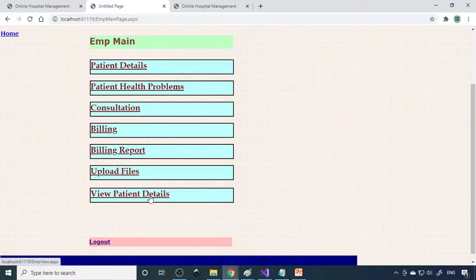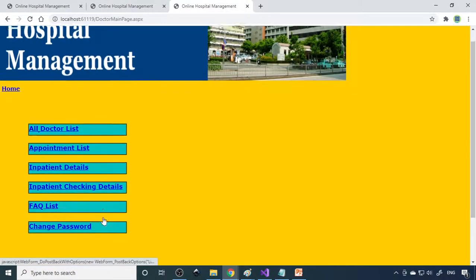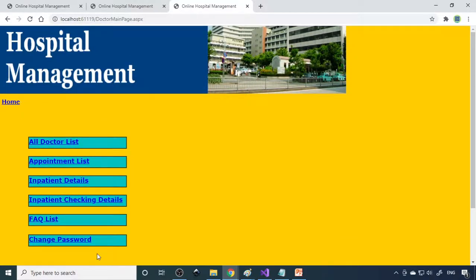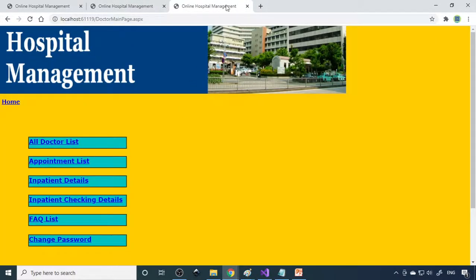So probably you have to provide one more option, view patient details, in the doctor section actually. So the doctor has to see the patient detail. So that link should be here also. If it is there, it's much better because when the patient comes, the doctor can get the patient details completely and based on that they can understand the previous problems. Fine. So that can be added very easily. You need to provide one more link and make one more page and then call it here. That is the logic.